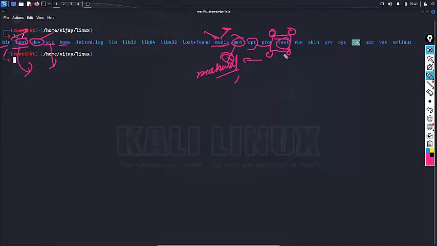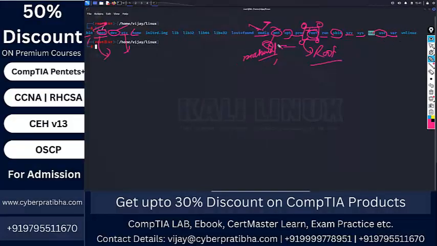Root is the home directory of the root user. Other users' home directories are inside /home, but the root user's directory is /root. Sbin has the binaries for the super user, then services, system, user information, and variables. These directories hold specific information.